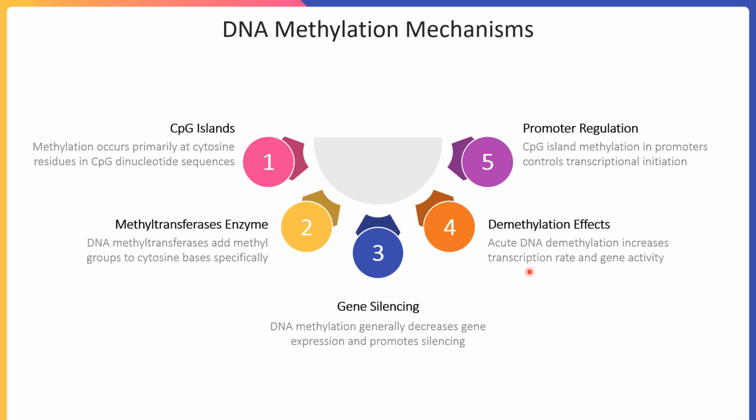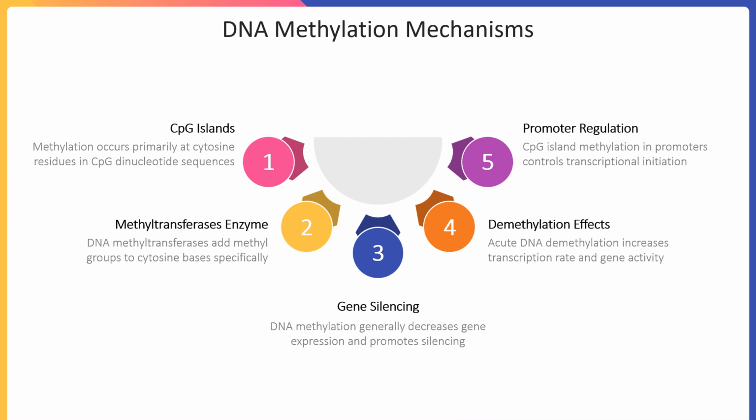And when we need to increase the transcription rate, we need to demethylate. The CpG islands, which are more prone to methylation, will be present in promoters. So by methylating the CpG island in the promoter, we can control the transcription initiation. Here we are not at all altering the nitrogenous bases or sequences. We are only methylating, and that is more prone at the cytosine rich region, that is the CpG island. And if you target that island in the promoter region, by increasing the methylation, we can reduce the transcription. So that is the concept of